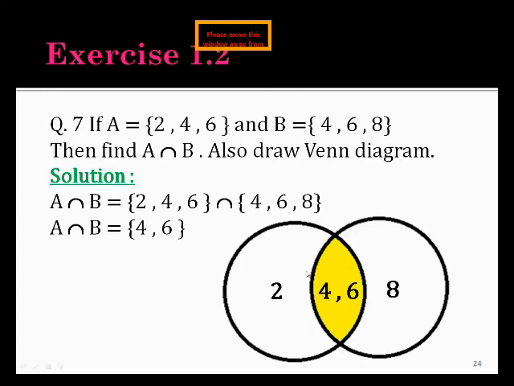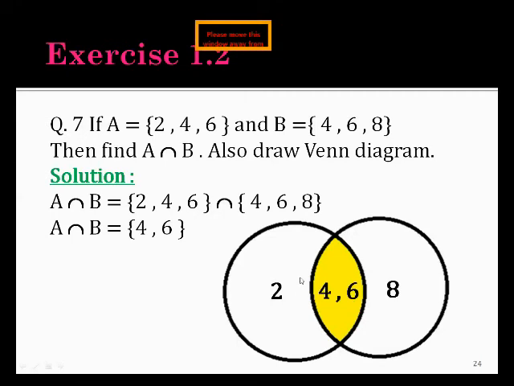Now here we draw the Venn diagram for the intersection of two overlapping sets. Firstly, we have to draw the two circles which are overlapping with each other. And in this portion of these circles, we have to write the element which is present only in set A, just like 2. And in this section, we only write the element which is present in set B, which is 8. Now in the middle portion, you know that we have to write the elements which are present in both sets, just like 4 and 6.